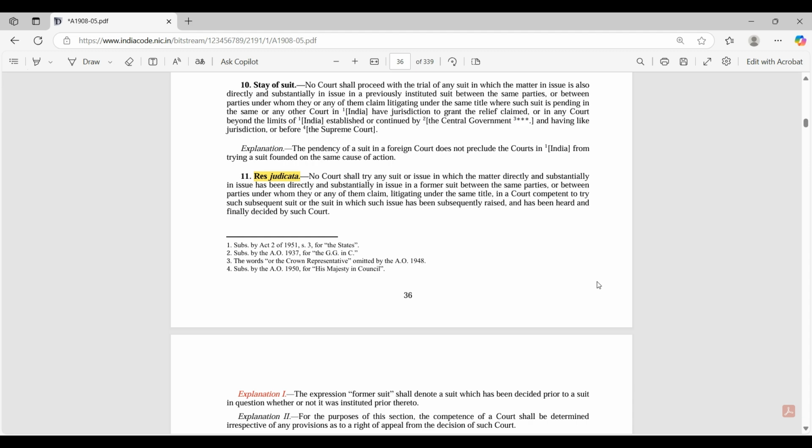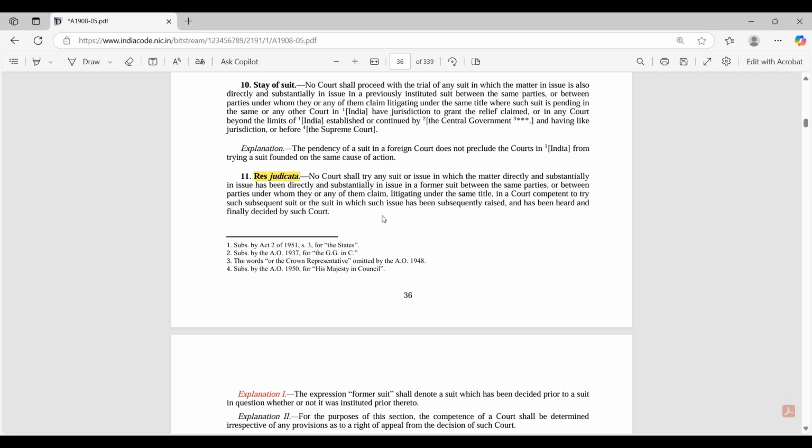Again, the same thing which I mentioned, same suit, same title, and there are two concepts, the former suit and the subsequent suit, right? So if the same thing is there, then the court has jurisdiction to put a stay on the particular suit. That's what we call res judicata,